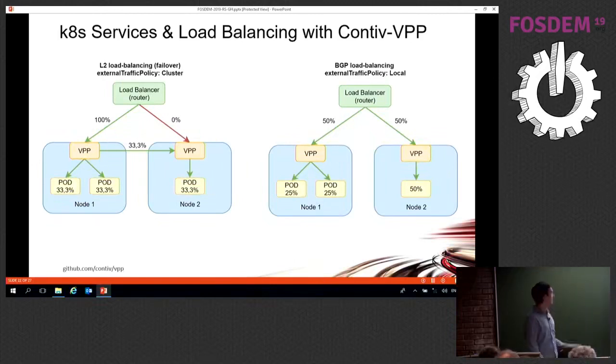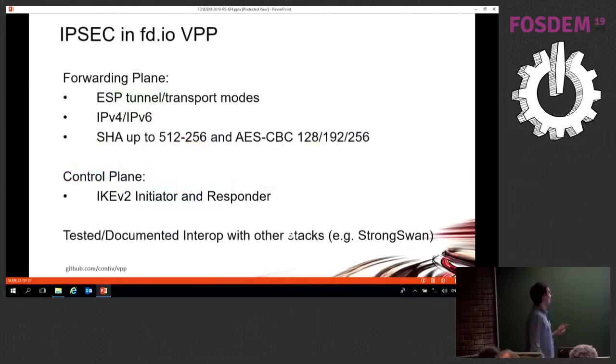So this is one of the applications of the Ligato VPP agent, actually. And now, Giles. Yeah,